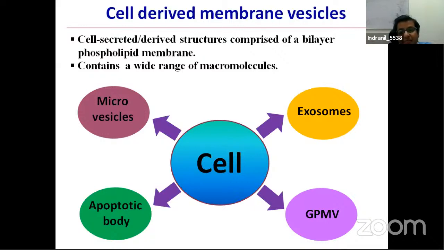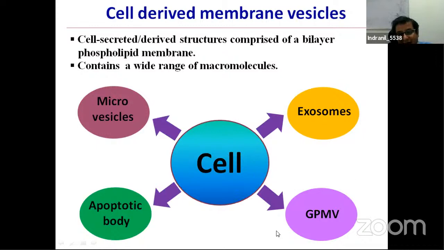So from the cells, people generally have 4 different kinds of vesicles. Naturally, if you follow the cursor here, that one is very common nowadays, we have all heard about it, known as exosomes. Another one is an apoptotic body, which is generally obtained from apoptotic cells. And another one is microvesicles. These are obtained from cells in a natural condition. So these 3 are the different kinds of vesicles that a cell generally produces.